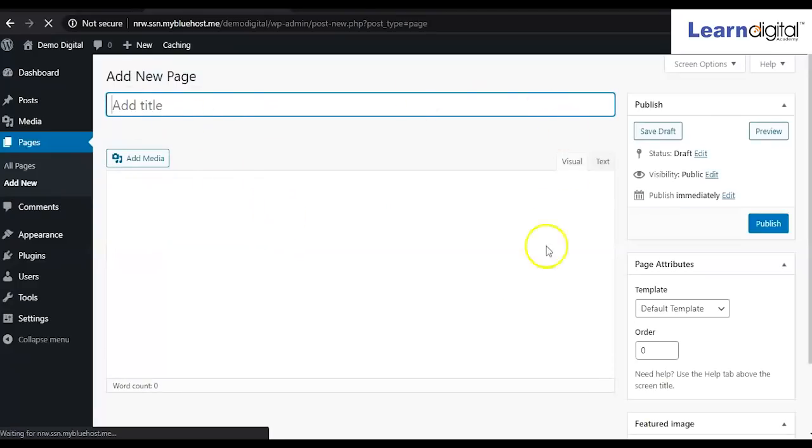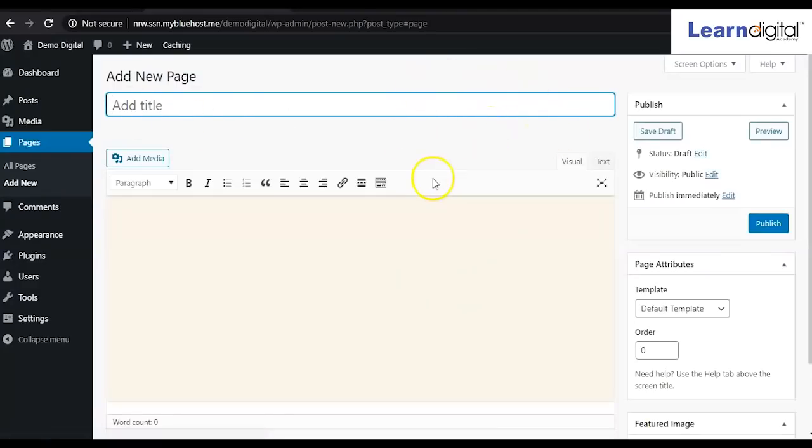Now see the changes. Earlier it was coming in a different format, now it is coming in a very simple format. So here it is telling add new page. So what are the pages that we'll have to create for our website? Simply we'll be creating them over here. So home, here we are writing home, that means we are going to create the home page.